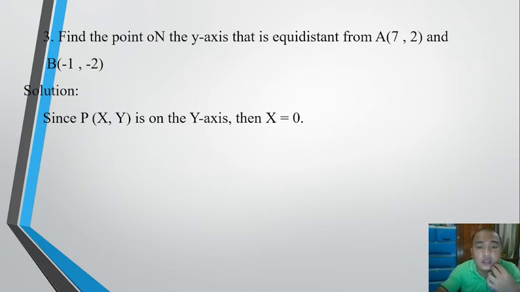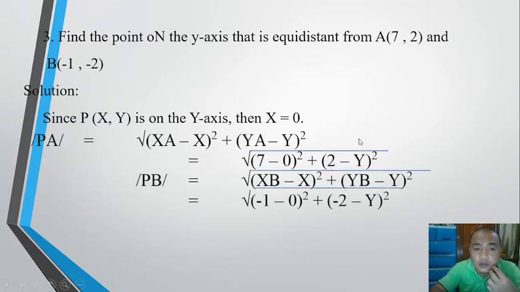So x equals 0. From here, we can now solve for the point on the y-axis that is equidistant from these two given points. Okay? Ito na yung solution. Pythagorean theorem. For PA, point P is (0, y), diba? Point P is (0, y). And point A is,